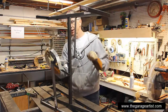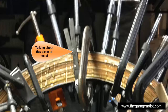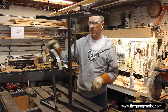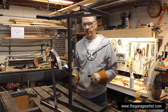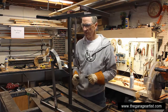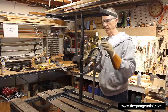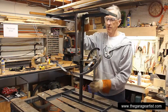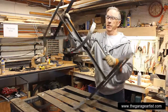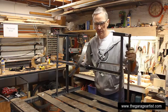Once I start wrapping pieces around here, I have two pieces of metal that go up like this, and they guide the wood so it doesn't slip off. The wood doesn't naturally want to bend, it wants to stay straight, so you have to keep clamping it in place. When I start building this, you'll see we use lots of clamps, lots of glue, more clamps, more glue. The idea is to have this thing flat where you're putting wood down so you can glue it easily, you clamp it, it's okay. So I'll do this piece, I'll clamp part of it, glue it, and I'll turn it this way, put this middle section on, clamp and glue, and we'll turn it,